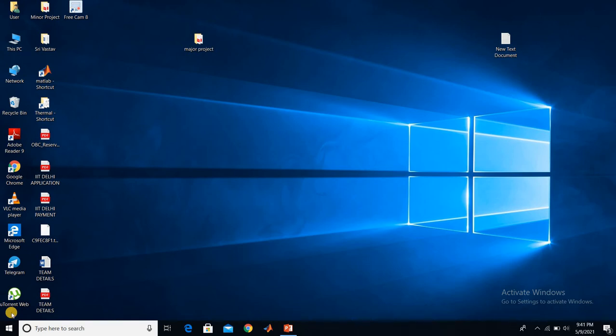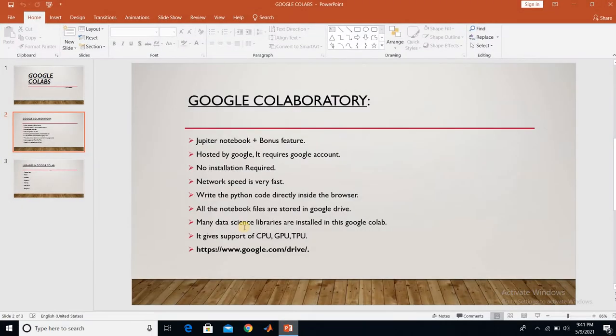How are you all? Let us know about the Google Collaboratory software, how it can be accessed, what tools and terminologies are there, what the applications are, and why this Google Collaboratory software is designed. What is the main language chosen by this Google Collaboratory software? Let us open our PPT.